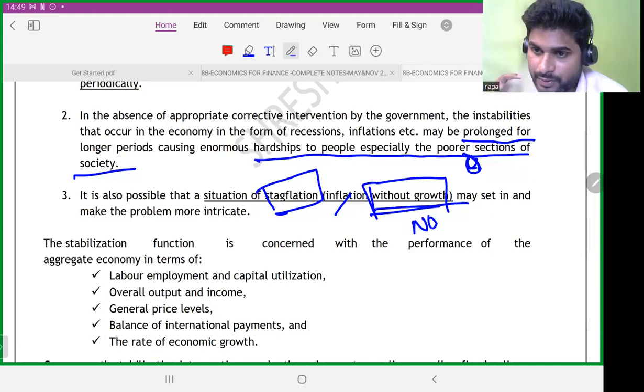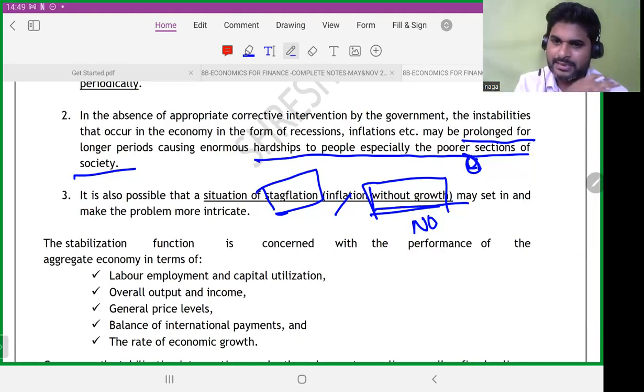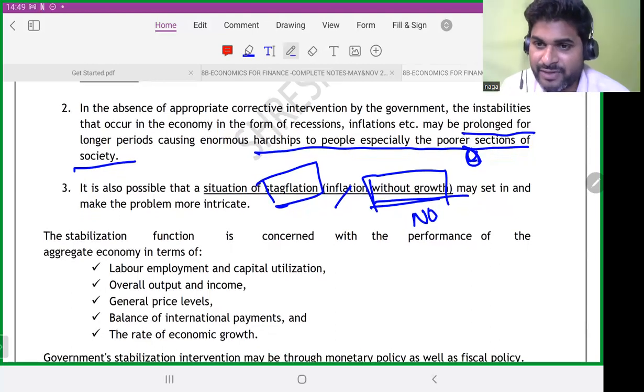So that's why the world is moving towards stagflation. It started to set in Europe with the Russia and Ukraine war, and all of this is now having a spillover effect on other countries. The US has it. India is okay, slightly better in terms of how we are, but yes, we also have employment issues, all of it. The situation of stagflation may set in.